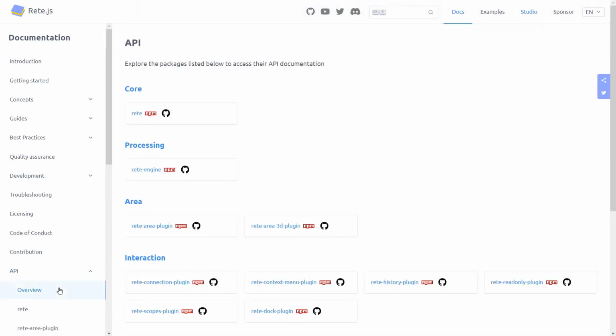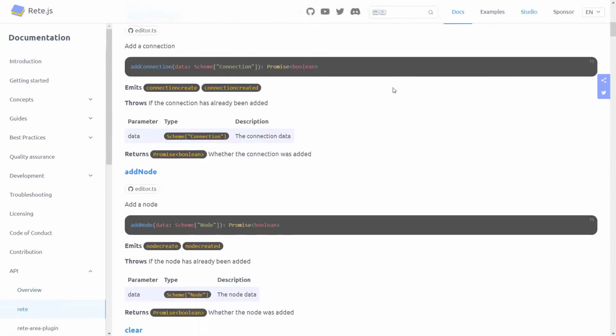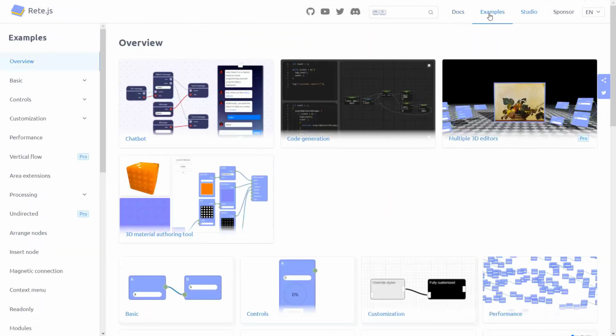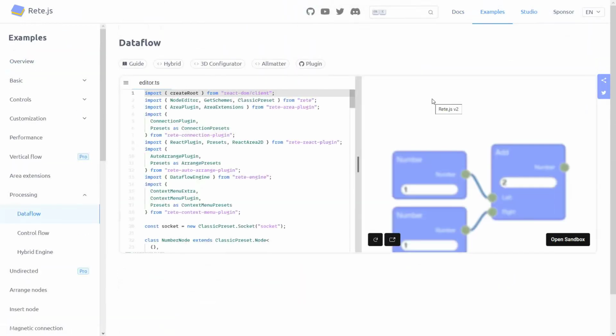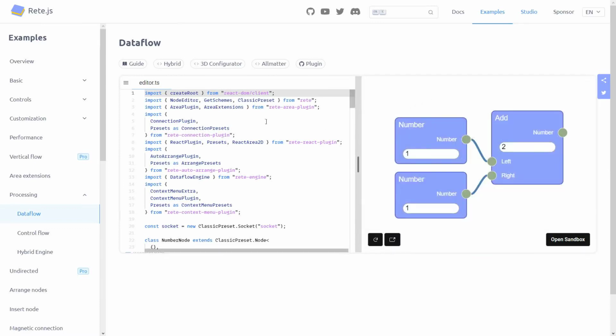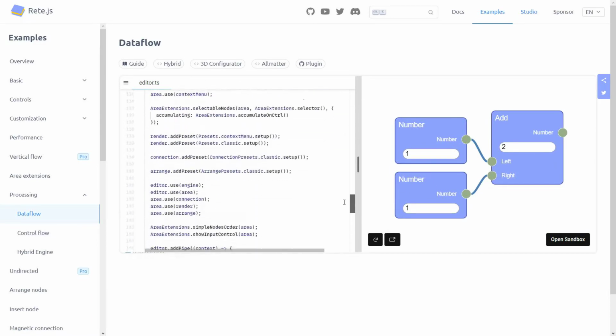Here, you'll find documentation directly related to the APIs of the packages themselves. Unlike guides, this documentation is a bit more complex for beginners to learn from, but it includes descriptions of all the public interfaces that aren't always mentioned in guides. Alternatively, you can start with examples and their source code. Let's take a look at this example. It showcases what we've already discussed. The difference is that you don't need to create the application locally but can fork this example from CodeSandbox and experiment with it.